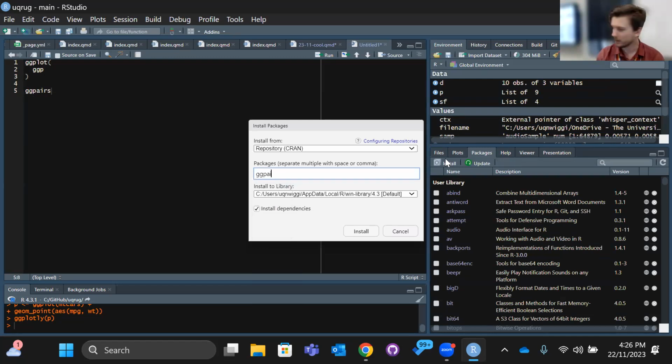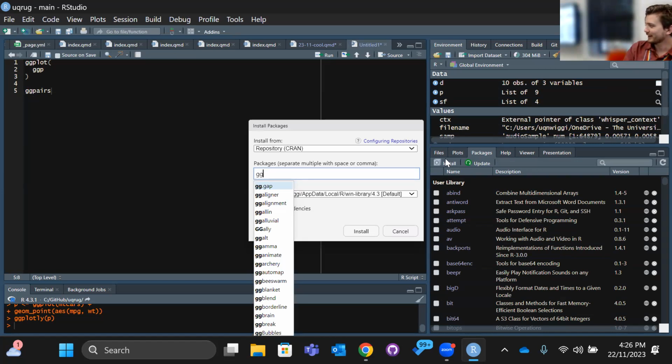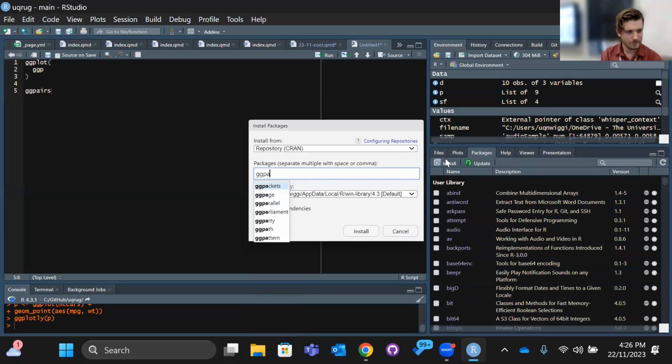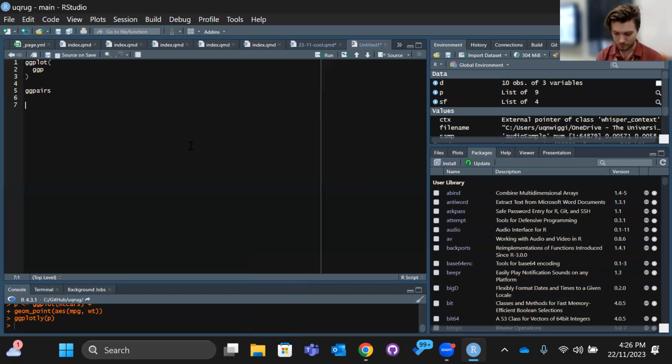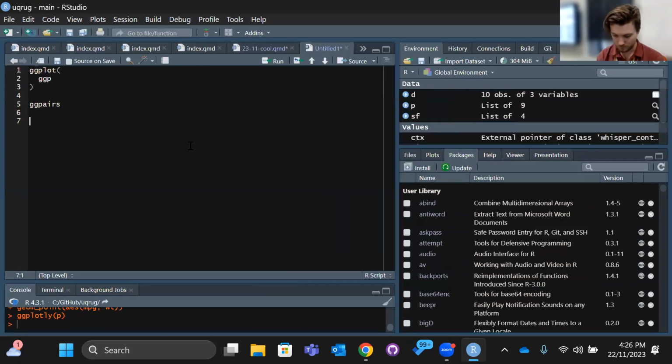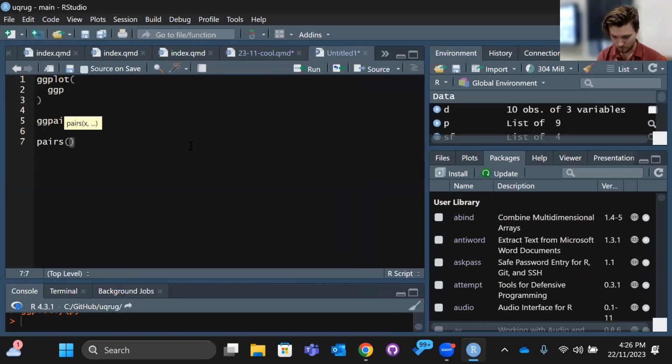Is it geom pairs? Is that a function or something? GGpairs is a package. Is that GitHub only? There's a base version of it, which does exactly that. It takes all the variables, and I can't remember what the base version is. Pairs? Is it pairs? Yeah, without the GG. That's the function. Okay, thank you. Pairs, mtcars. Yeah. So try pairs mtcars. It'll give you a correlation, but it'll give you